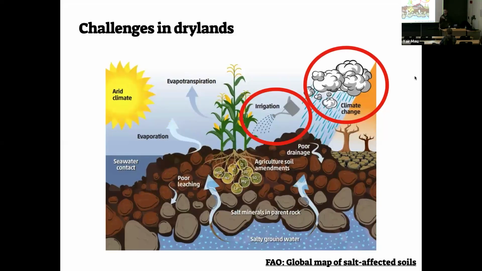So I will be focusing on the sustainability of agriculture in drylands, given that we are seeing right now climatic changes and we expect them to continue in the future. And to begin with, drylands do not enjoy ample water resources. When you do bring water as irrigation, you can bring water from the groundwater, and often it is brackish water, or you can bring any other kind of water you have access to.